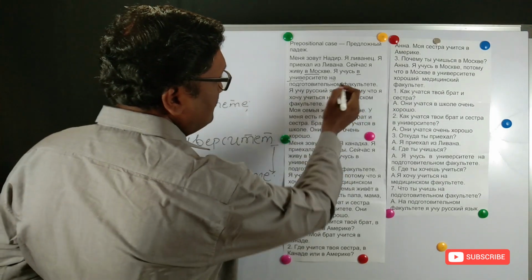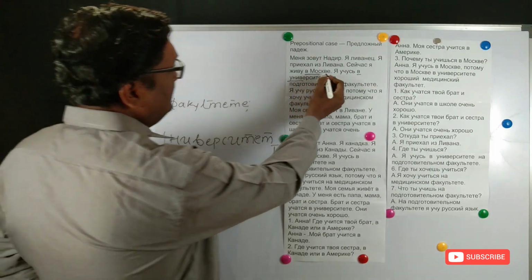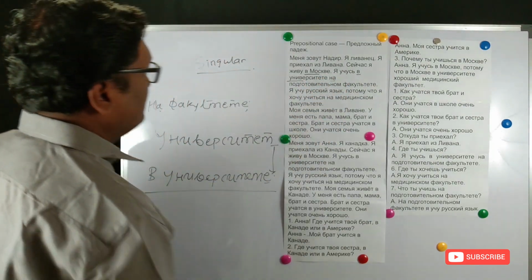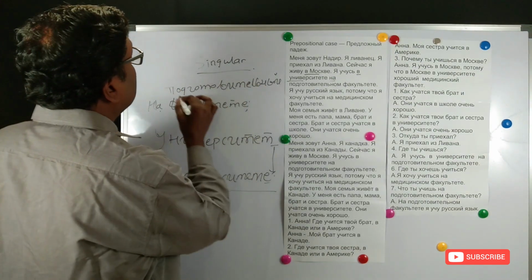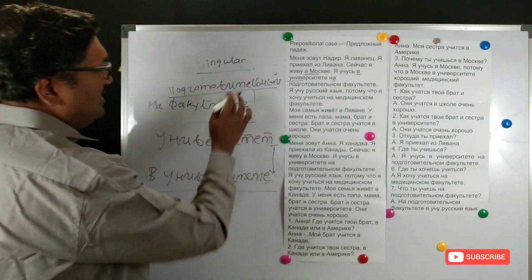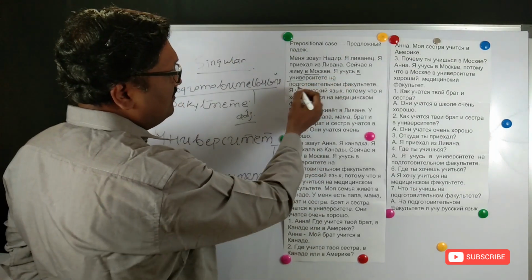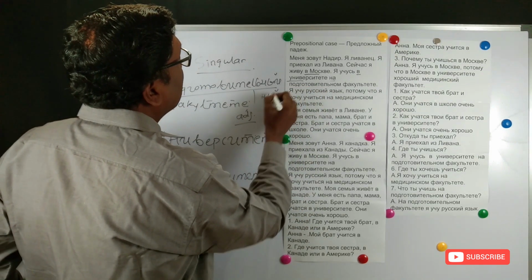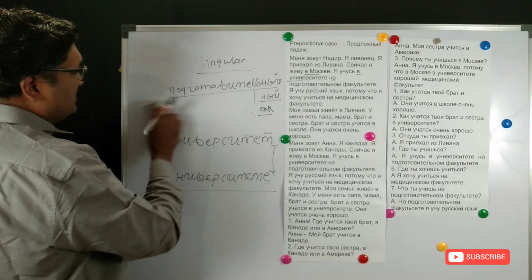Now since it's singular, in the singular cases this ending is added. So first this is in singular, not in plural case. Na padgatavitelnam facultete. Padgatavitelni is preparatory, and it is an adjective. When he is saying I am studying in the preparatory faculty, he says ya uchus na padgatavitelnam facultete. So the ending has been replaced with o and m, om. So the adjectives are also changing.